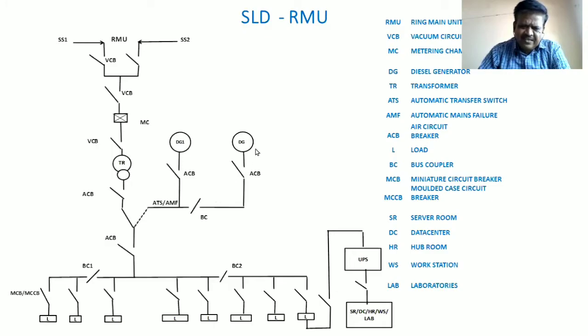What is the SLD? I told you the full form of SLD is single line diagram. What is that single line diagram? Why is it called a single line diagram? This is a single line diagram. It is like a blueprint of your building. Before constructing any building, you prepare a blueprint so that you will come to know where exactly different halls, kitchens, rooms, everything comes in that picture itself. Similarly, in electrical engineering, each and every electrical maintenance department maintains this single line diagram. It is mandatory to display the single line diagram.